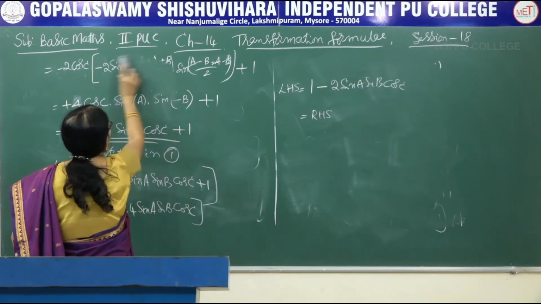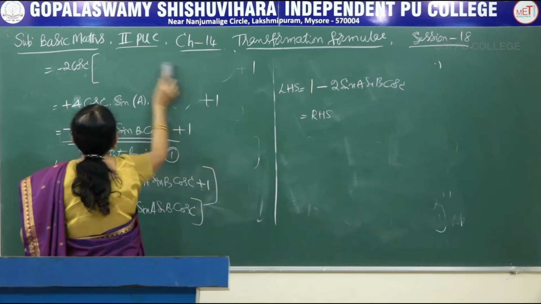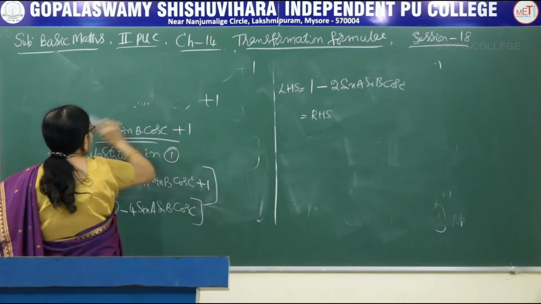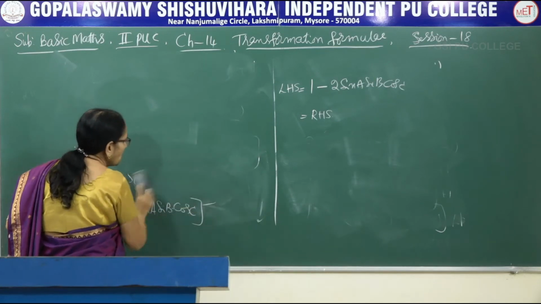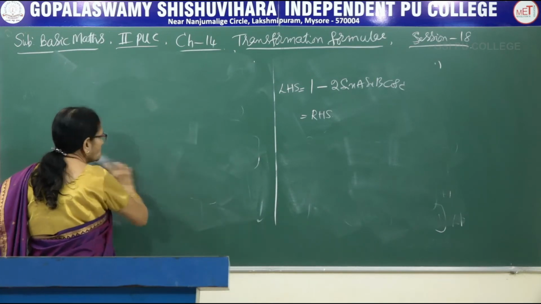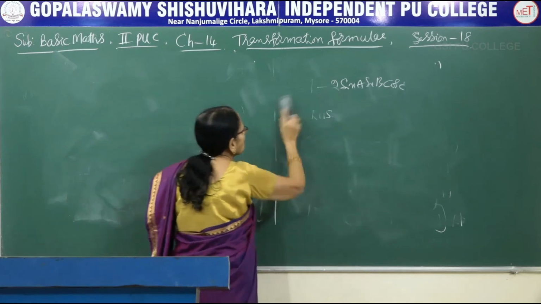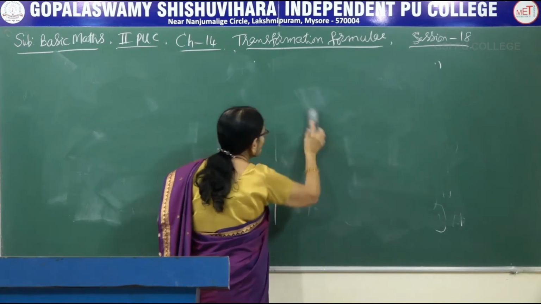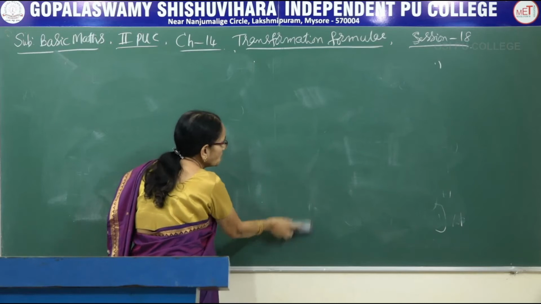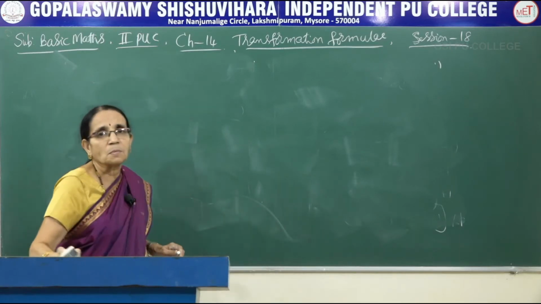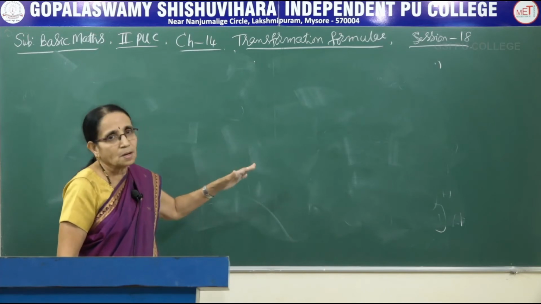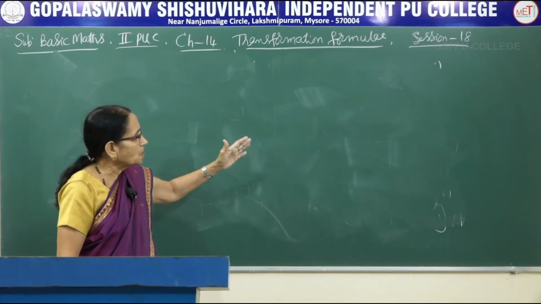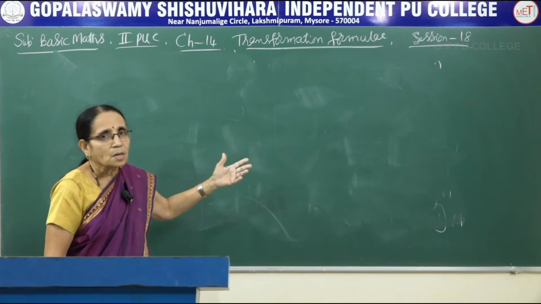Now let us move on to the next problem. There also I am considering again the square terms, but the difference is in the previous one I had considered cos square terms, now I am considering sin square terms. So I told you the formula already. Sin square theta can be written as 1 minus cos of 2 theta. If it is cos square, it is 1 plus cos of 2 theta, and here 1 minus cos of 2 theta, or 2a divided by 2.